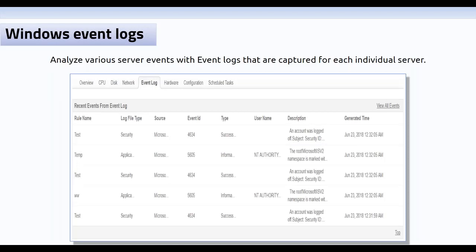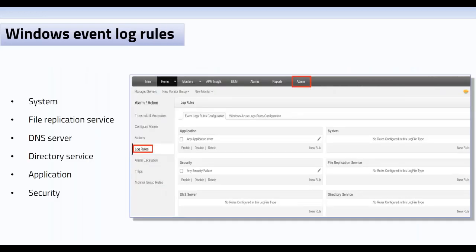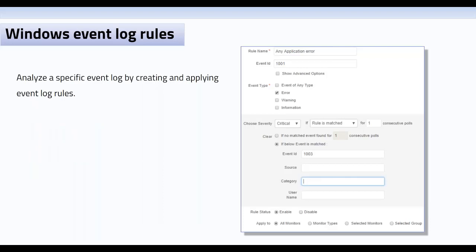Once we have done that, the event logs will be captured within the product. But before we do that, we will have to configure some event log rules based on which these logs will be populated within the product UI. And if you have a certain specific event that you want to capture within the UI, you can also do that by creating and applying your own